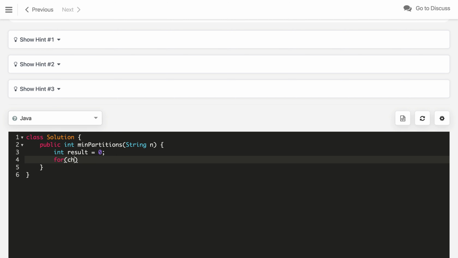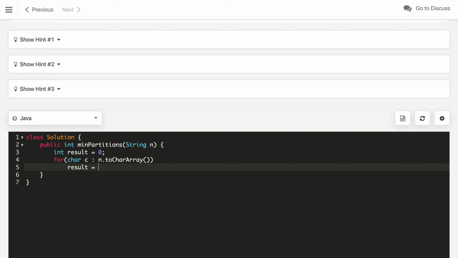Then we iterate through all the characters c in n.toCharArray. Then result is the Math.max of the result itself and the digit, converting from character to digit by subtracting '0'. Once we finish, we return result.